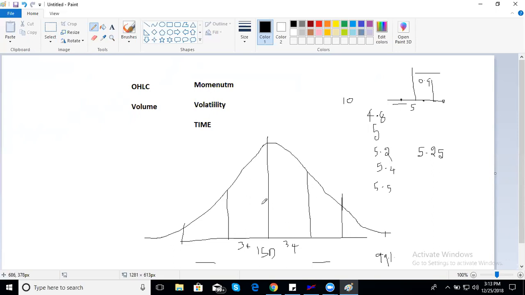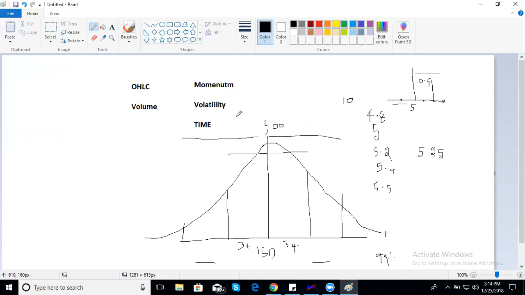Let's assume Jet Airways. Let's assume the average price of the last 10 days is 500, and this stock can move 15% up or 15% down in any month. And let's take ITC, which can move hardly 2%, 3% up or 3% down. So you can certainly say that Jet Airways is a more volatile stock and ITC is a less volatile stock. For a trader, a highly volatile stock is very, very important because you will make fast bucks, especially if you're an options guy, if you're doing options.